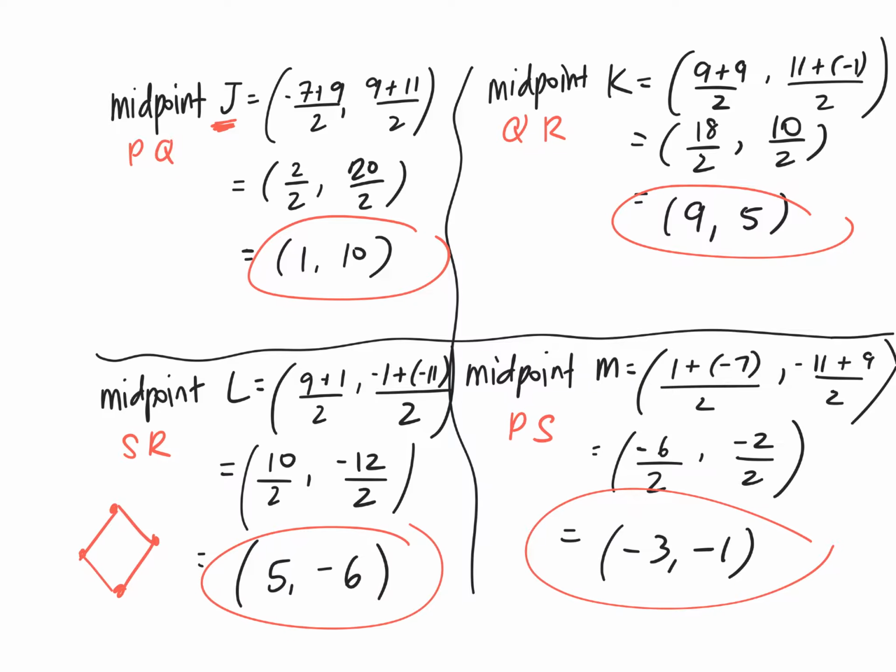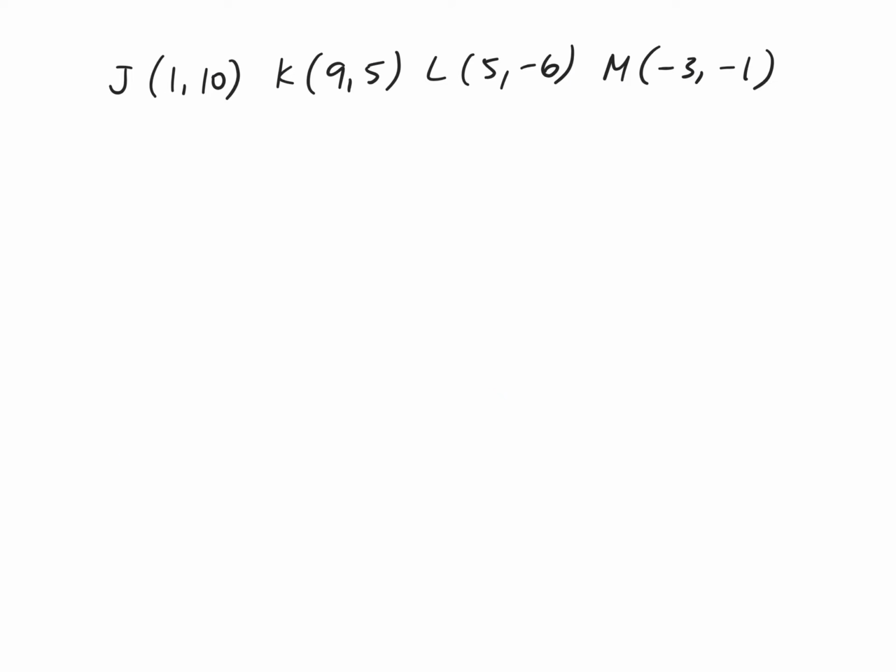How are we going to use this information to prove that it is a parallelogram? I mean, we're looking for the slopes now. So we're going to find the slope of JK and the slope of ML, right? If those two slopes are the same, then we know those two sides are parallel. And then we're going to find the slope of MJ and KL. And if they're the same, then we know those two sides are parallel, and that will prove that it's a parallelogram. So just to reiterate, we're finding the slope of what? JK,